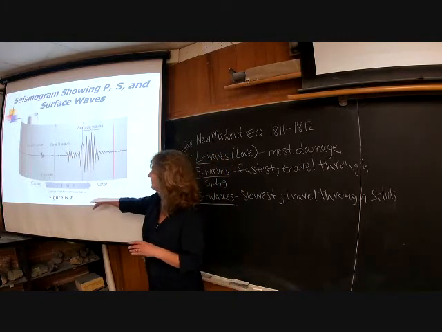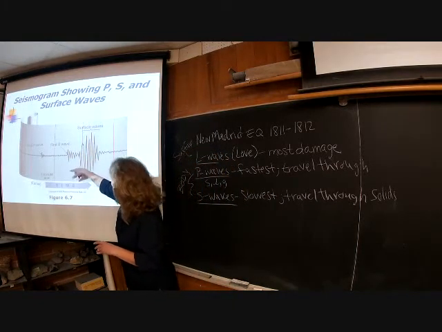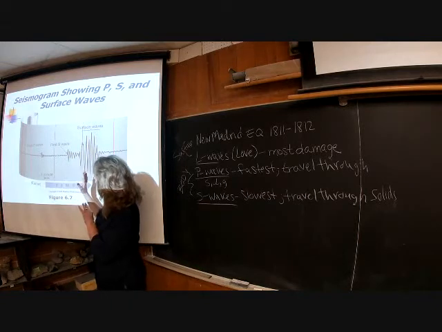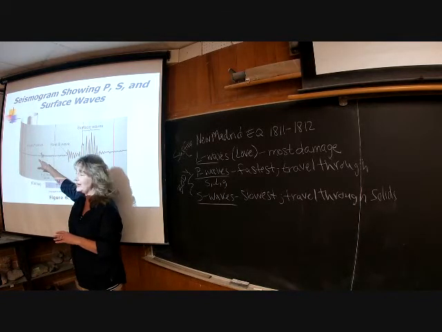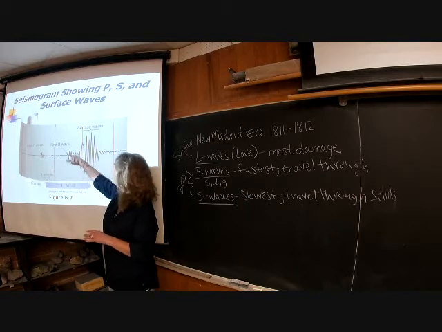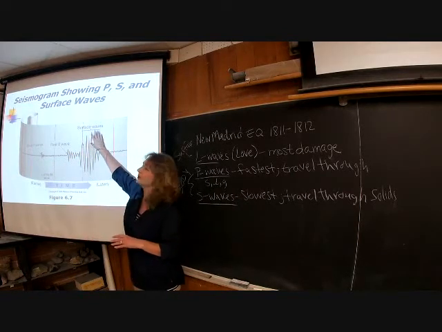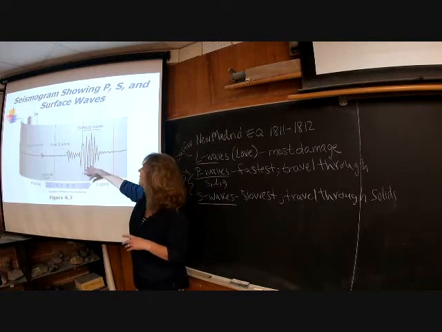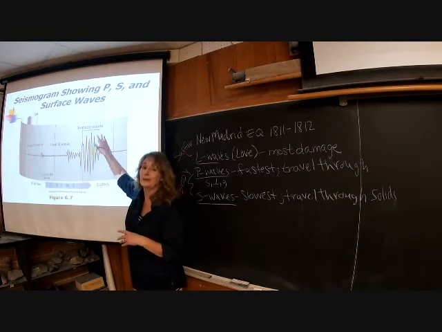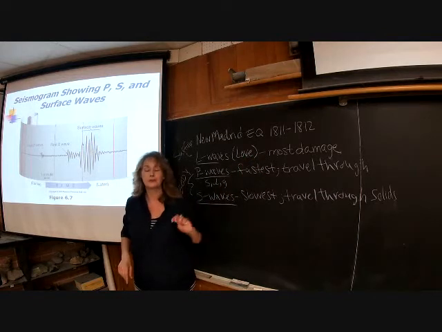So here's the P waves arriving first. Here's the drum going by. P waves are the first to arrive. They're the fastest. A little bit later, the S wave arrives, and then those surface waves, those L waves, right? They're the slowest of all, but of course they have very large amplitude here, so they do cause the most